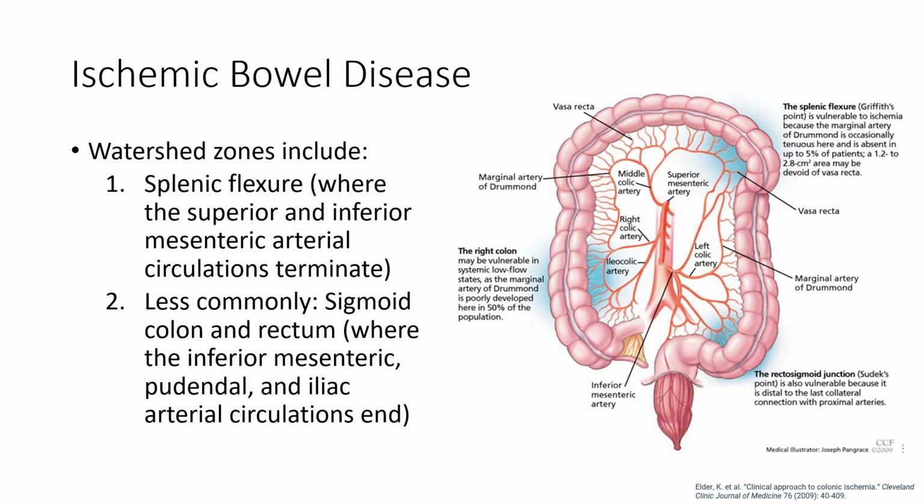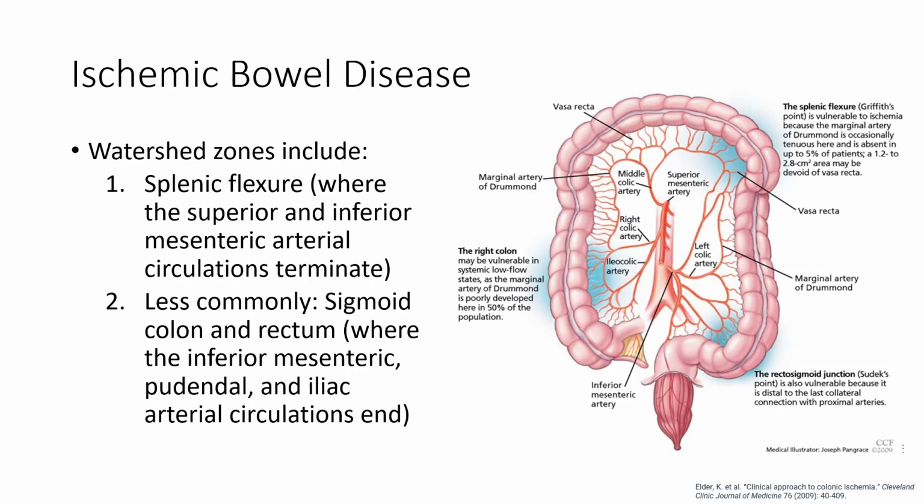And in spite of this extensive network of collateral arteries, there are watershed areas between the major arteries that are vulnerable to hypoperfusion. Watershed zones refer to intestinal segments at the end of their respective arterial supplies that are particularly